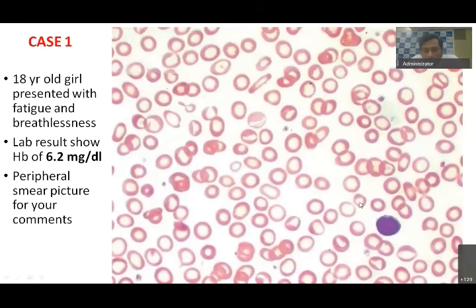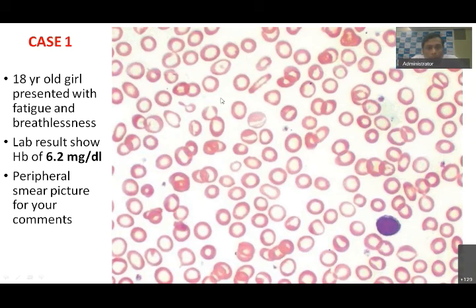This RBC, this RBC. So there is a lot of small RBCs, right? So these are all microcytes. So this smear is showing a lot of microcytic RBCs. Okay, so you have commented on the size of the RBC. Now comment on the color. Is it normally hemoglobinized? I said the central pallor should be just 1/3, but here it is greater than 1/3, right? So this is hypochromia. So these are microcytic hypochromic RBCs.